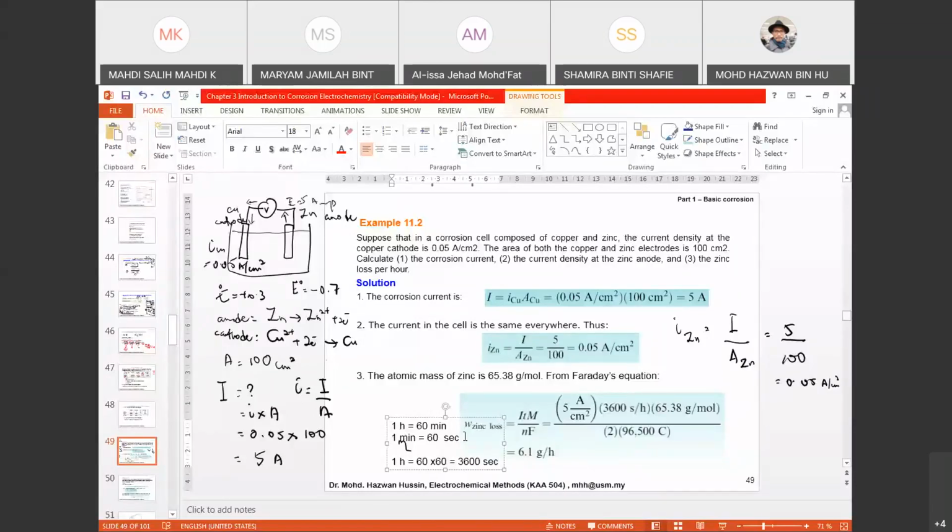So that actually justifies why you get this, because as I said, if you want to use Faraday's formula, the time will be in seconds. Right? So 65.38 is basically the